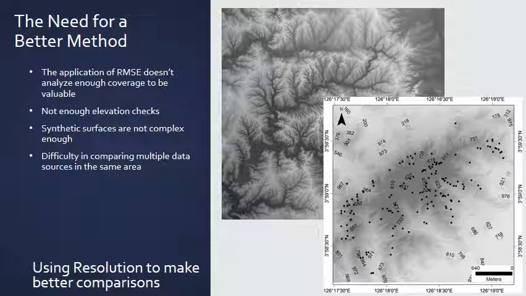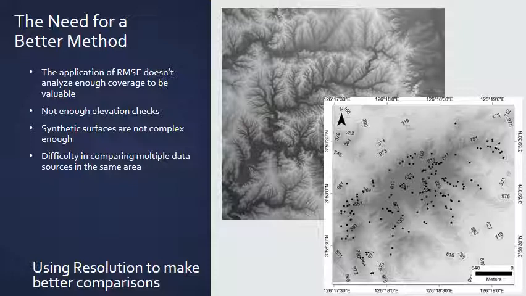So the authors of this paper offered a different solution by altering resolutions to make better comparisons. And the technology that this came out of was when they were studying the Greenland ice sheet melt, they needed high resolution digital elevation models that were produced from low resolution data. And so that's where the method came from, taking a low resolution data set and increasing the resolution